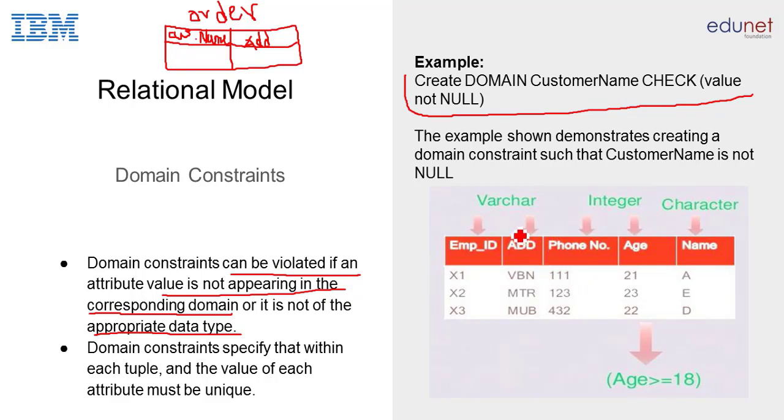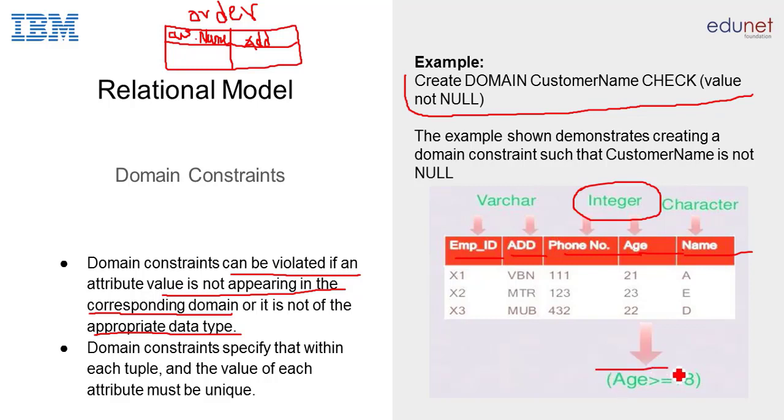In a check constraint, suppose here we have employee ID, address, phone number, age and name; these are the normal columns. Age and phone number, suppose I have data type integer. I am specifying the employee ID, which belongs to the employee table. So, what is the basic criteria of work in a company? The age must be above 18.